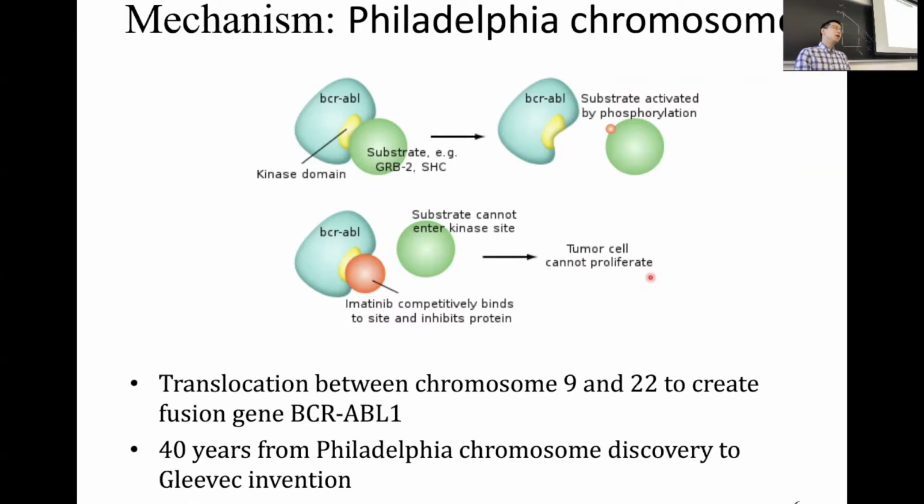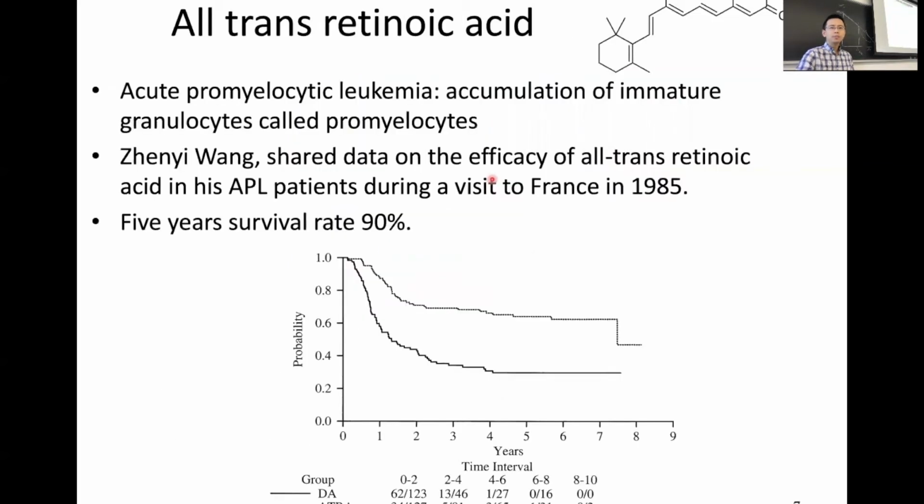So you can see that from the time people discovered the Philadelphia chromosome as a mechanism of this CML disease, it took about 40 years until the final approval of Gleevec as a drug on the market, which means that for the development of most anti-cancer drugs, it takes decades and a tremendous amount of effort until you get something that works so well. And the second good example of